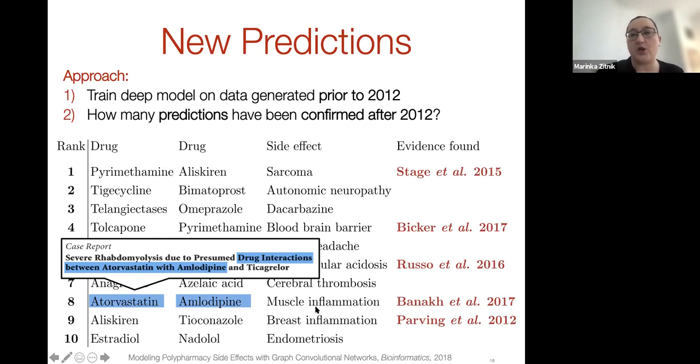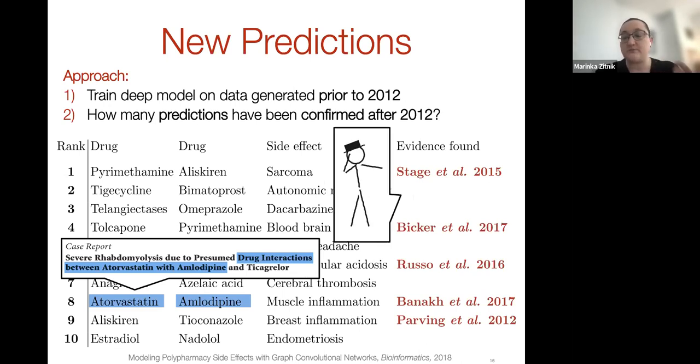And muscle inflammation cannot be explained solely by the effects of amlodipine or this form of statin. So for many of the top predictions made by Decagon, we found direct evidence for those predictions that was discovered after 2012, in the form of reports of real-world patients who were on that particular therapy and experienced adverse events that the model had predicted. And so that was very exciting and motivated us to then take those predictions that were